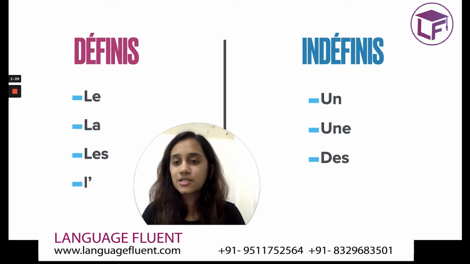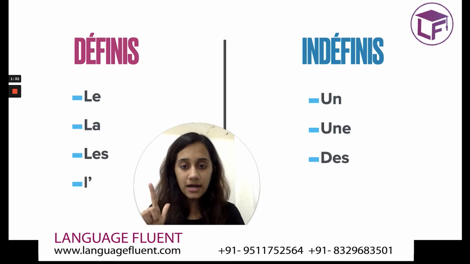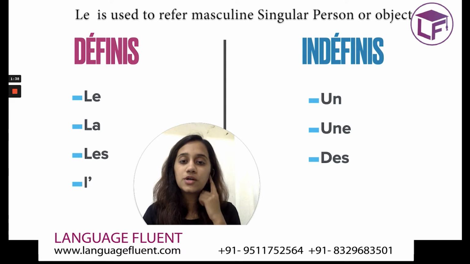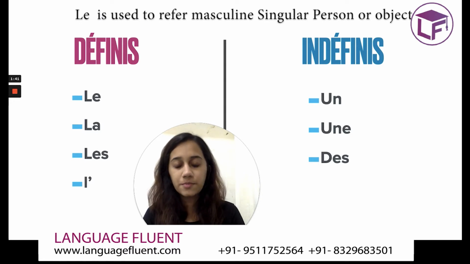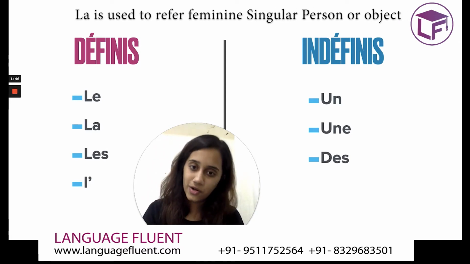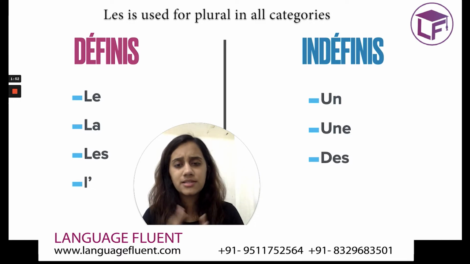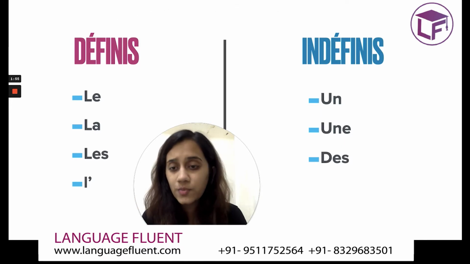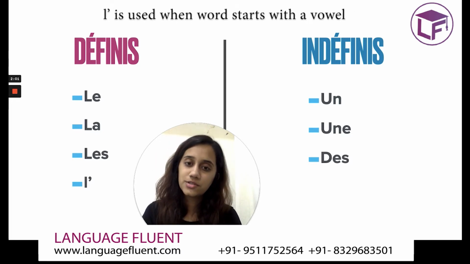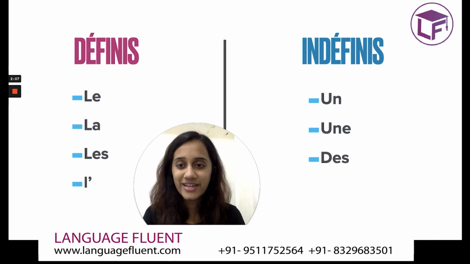So in terms of les articles définis, we have four types, which is le, la, les, and l'apostrophe. Now le is used to refer to masculine singular person or object. Then la is used for feminine singular person or object. Then we have les, which is used for plural, no matter whether it's a specified feminine or masculine group or whether it's a mixed group. Les is used for plural in all categories. And l'apostrophe is used when the word starts with a vowel. We will shortly be looking at examples of each, so do not worry, I will be explaining each of it